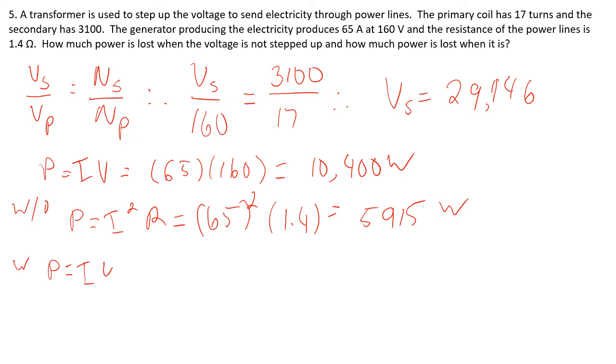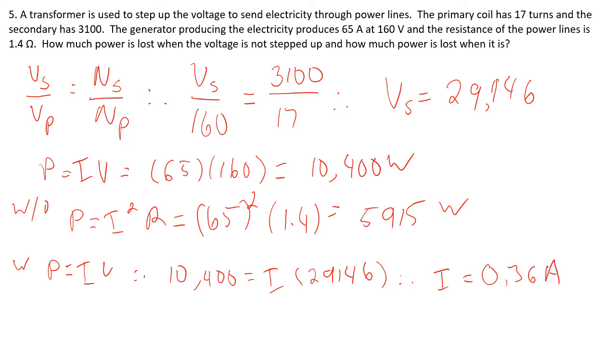Our power is the same as the previous one we found, so 10,400 equals I times our voltage, which was 29,146. Therefore, I equals